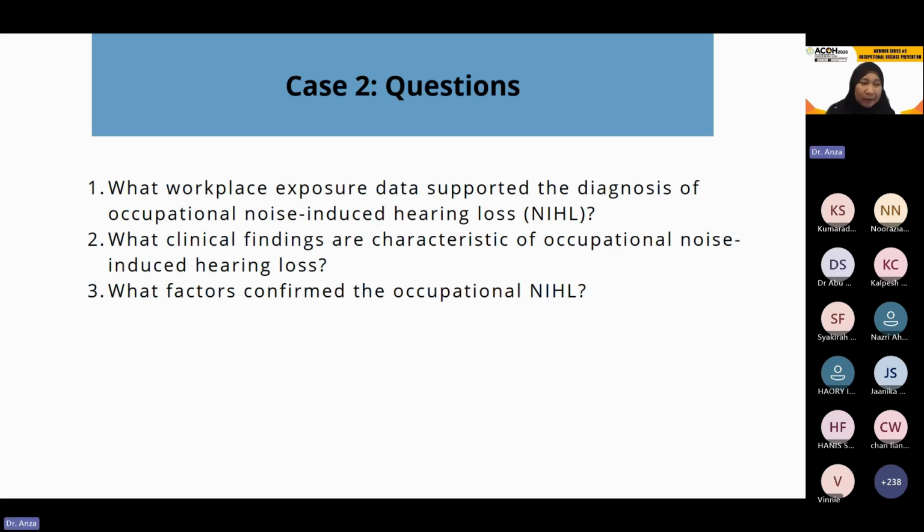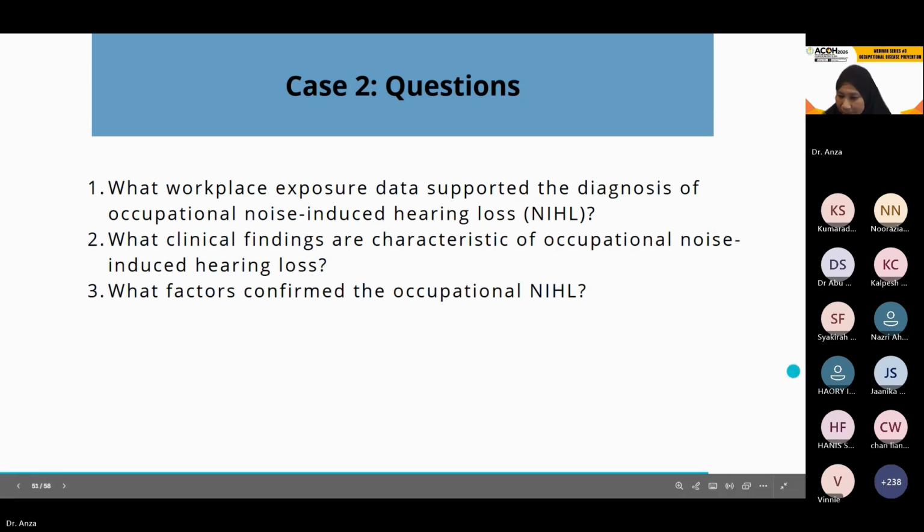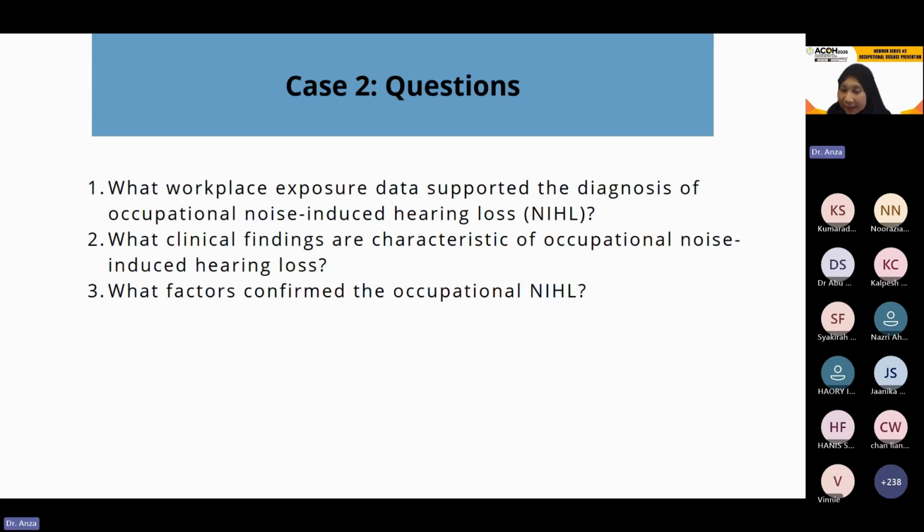So sorry, just to retract. Okay, I know it's a noise risk assessment, but specifically which area in the result, which components would you refer to? Sorry, I retract for question number 1. Which specific area in the results would you refer to? Do you refer to area monitoring or personal exposure monitoring? Yes, you refer to personal exposure monitoring. Yes, correct. Good, excellent.